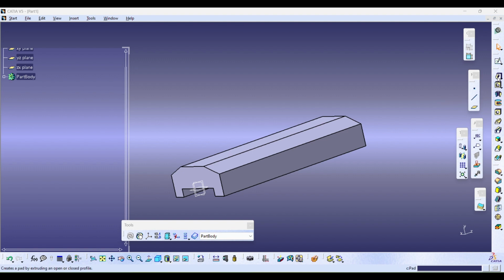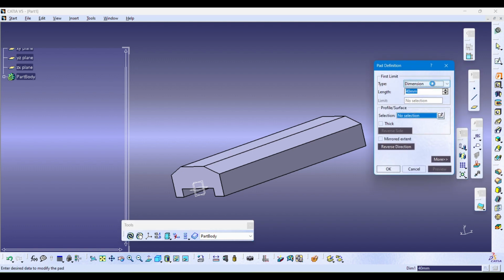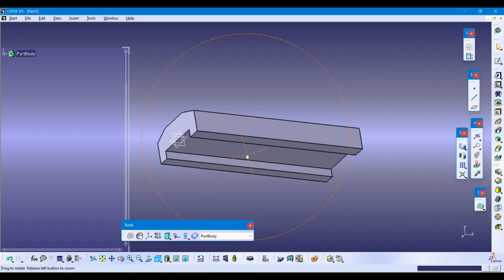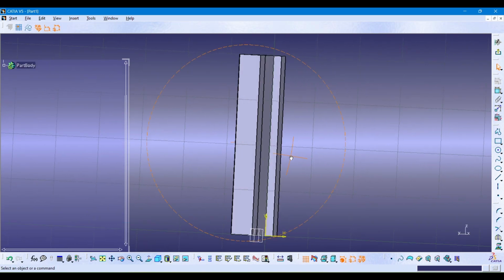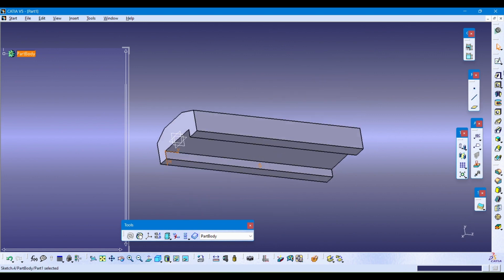And now let's learn about the second limit type, which is up to next. For this, I am going to draw a sketch on this inner surface. So I have selected this surface and going into the sketch, and I am drawing a random circle here, and I'm going to exit workbench now and go to pad,